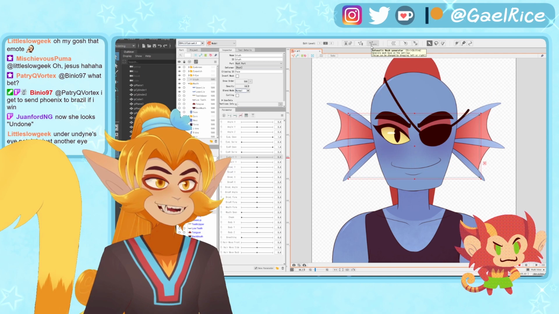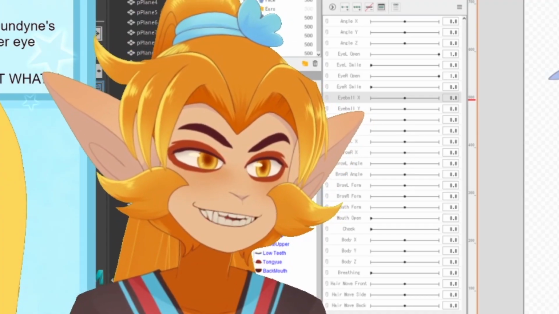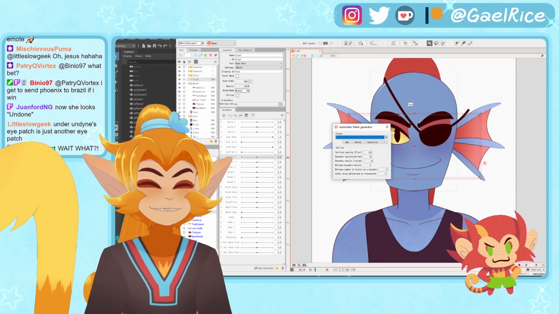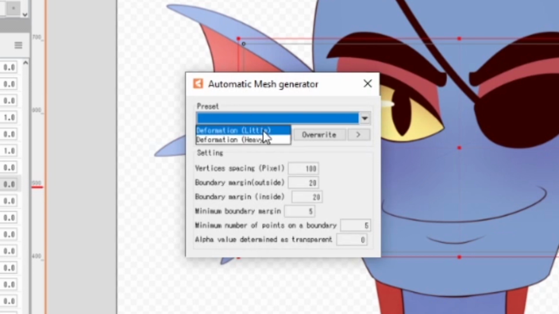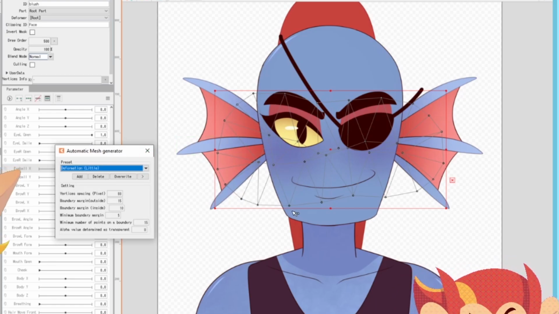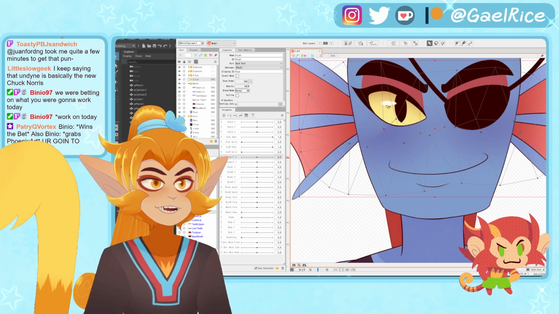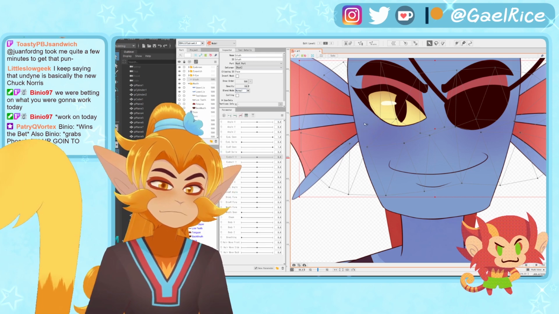Then we're gonna put some mesh. So every layer of a drawing is called a mesh. So yeah, I say automatic mesh generator, and it's gonna put, oh my god, that is very useless, but it's gonna put these things called vertexes. The good thing about them is that we can move the image however we want through these little